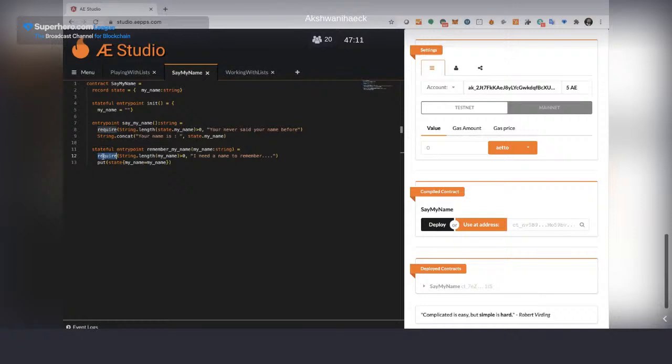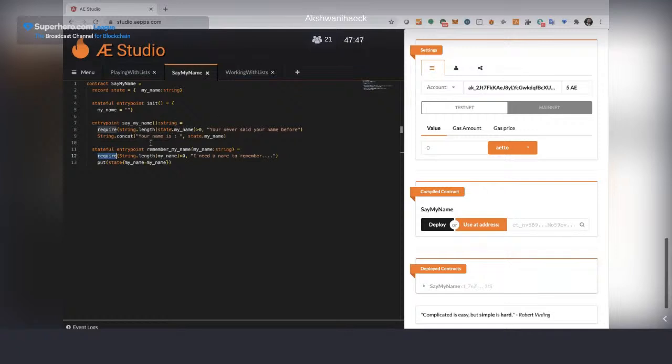Let's say I have a function that I only want the creator of the contract to be able to use. Well, I can add that condition on the require. As a first line, and I can add as many requires as I want. I can add a require where I check that the contract creator address is the same as the contract caller, right? So that way I can control who is accessing and who is executing my entry points.